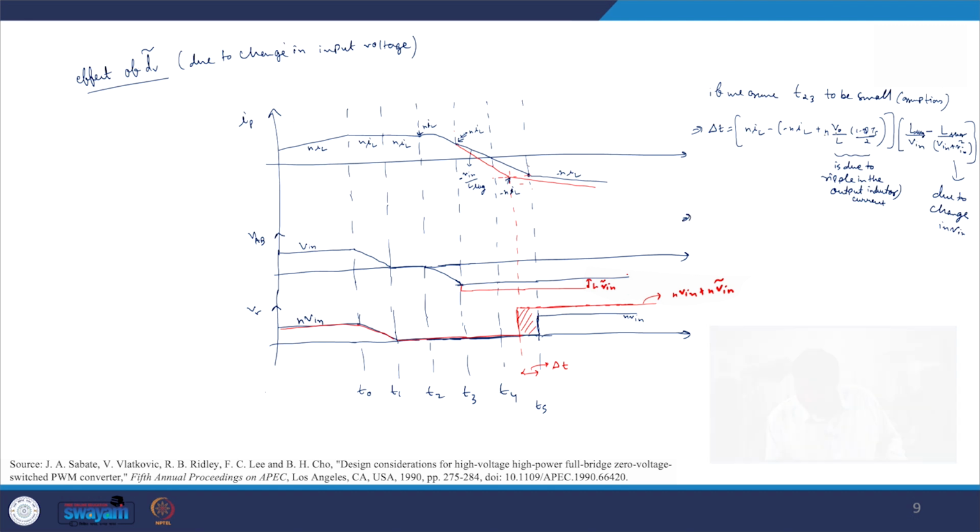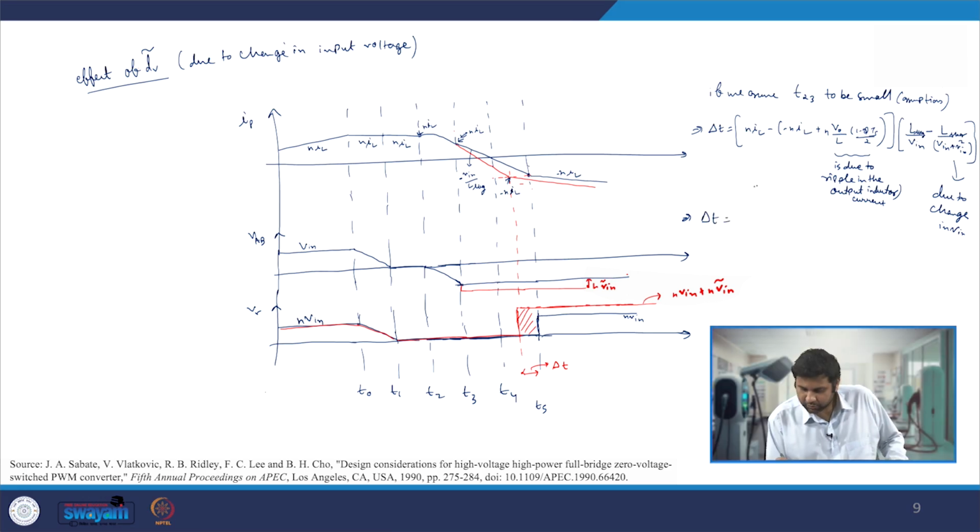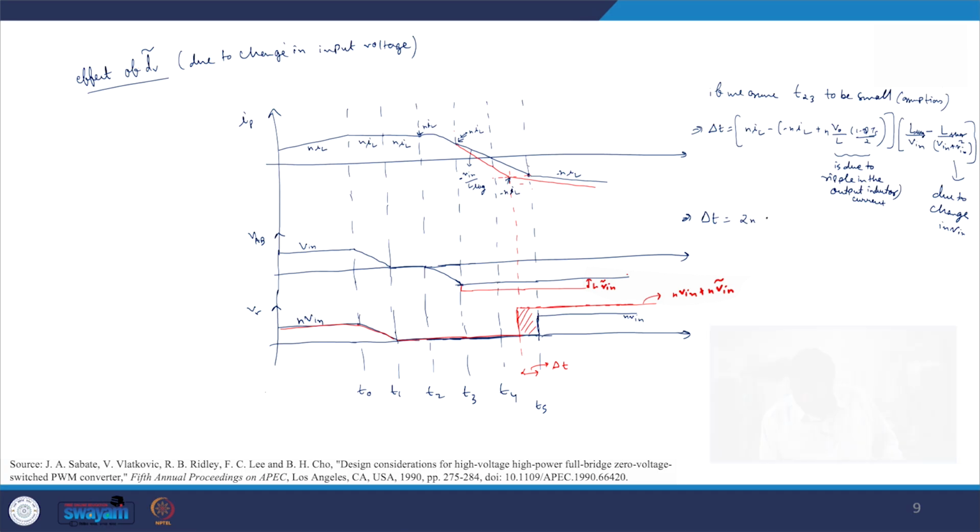Now because of that, if we do the simple mathematics, we will get delta T to be 2 N IL, and now this IL will be the average value, and we can directly write 2 N I naught here, and that will be plus, because this is the average value. At this place the NIL which was reflected is nothing but the output current, and that output current we have already assumed to have nearly zero ripple.